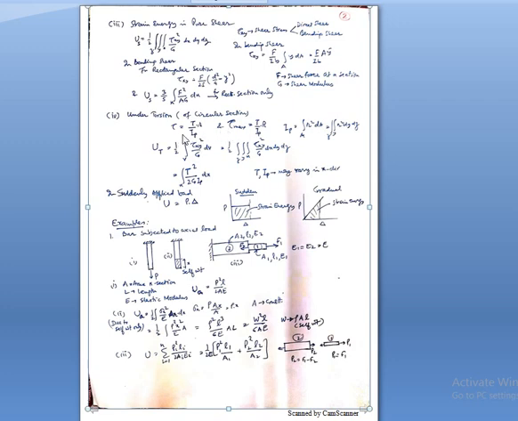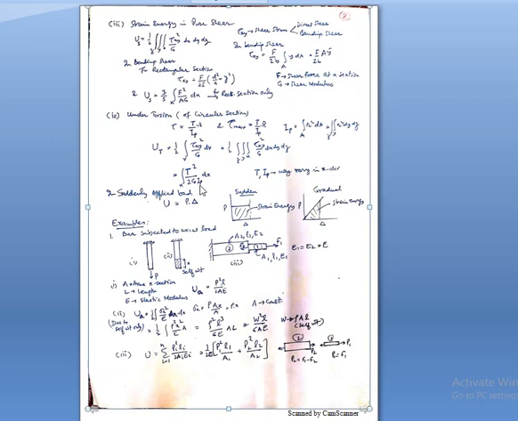this part, r will come out from here, tau xy will be equal to T upon Ip into r, and the square of this will be T square upon Ip square into r square. So r square dA will be replaced by Ip. Substituting all these things, your answer will be T square upon 2GIp, where T is the torque applied on the section. So within the integration we have got these three quantities: T is the torque applied, G is the shear modulus, Ip is the polar moment of inertia.